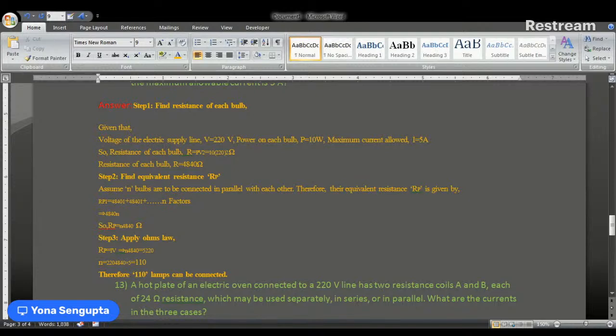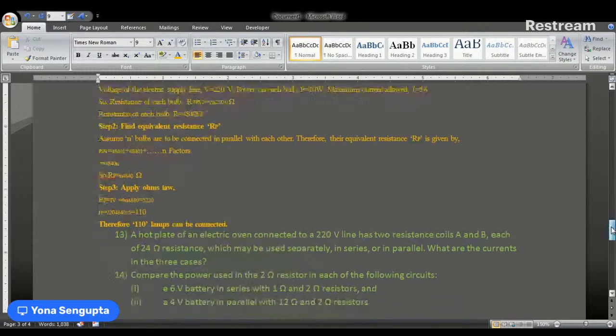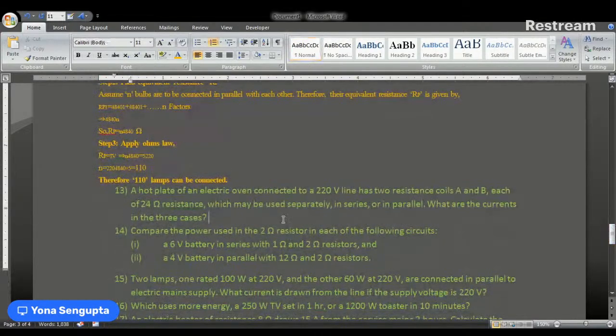Now we have to apply Ohm's law, which is resistance equals volt by current, which gives us 4840 by n equals 220 by 5. From here, after we calculate, we get the value of n as 110. So therefore 110 lamps can be connected. Next,